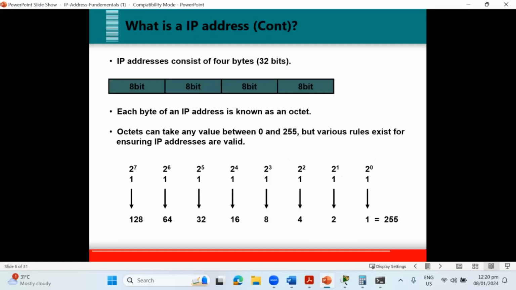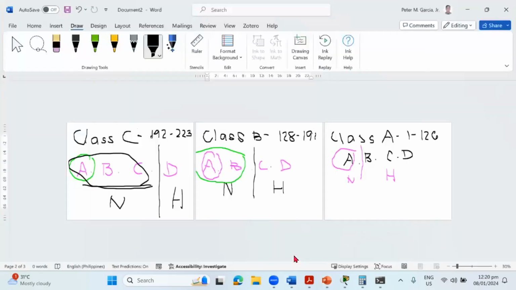Next. So what is an IP address, continuation? An IP address consists of 4 bytes or 32 bits. And each byte of an IP address is known as an octet. An octet can take any value between 0 to 255, but various rules exist for ensuring IP addresses are valid. In short,